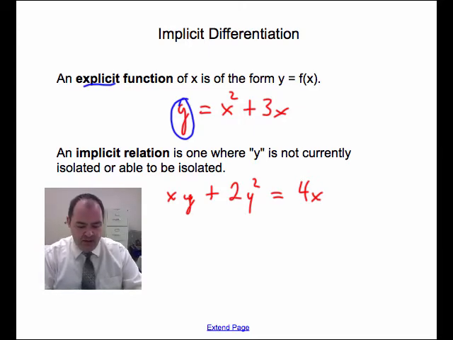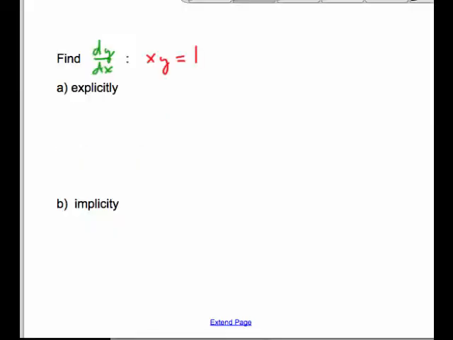So a relation like that might be something like this, where it's not easy to isolate y, and we can still differentiate a relation like this, but we have to do it implicitly. So here's a function, x times y equals 1, that we can actually differentiate both explicitly and implicitly. Let's first do it explicitly, since we're familiar with that process. To do that, we need to get y by itself,